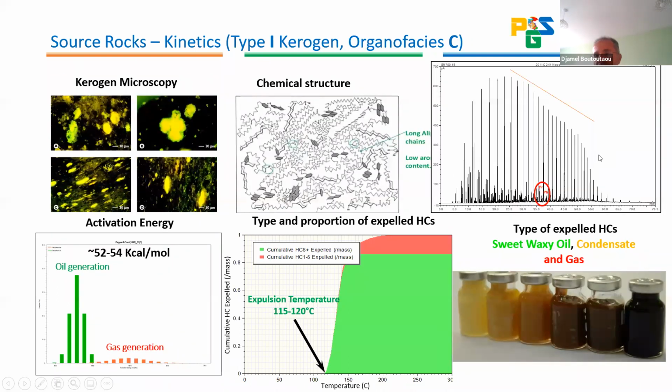But here, although this sample is very mature, almost a condensate, it still contains a high amount of these heavy n-alkanes. And when you look at the oil itself or condensate, this is how it looks. They're very, very waxy,